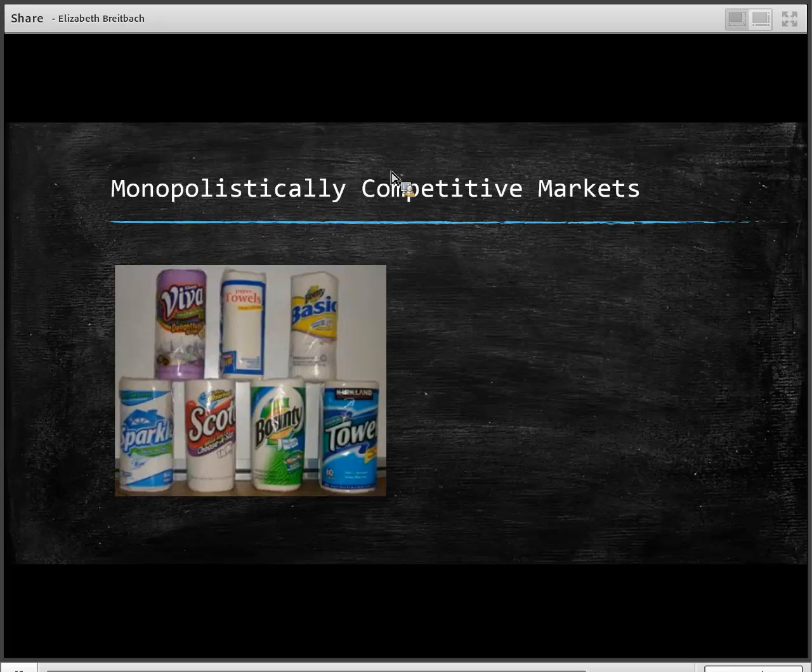And so a distinguishing feature I want you to think about: does this firm, or do these firms, advertise? If we have many firms and they're never advertising, something like agricultural products, then we don't really see that differentiation. But in a market where we have many sellers and a lot of advertising, this is where we're going to see monopolistically competitive markets come in and have some ability to control prices. So how exactly can firms differentiate themselves from others?